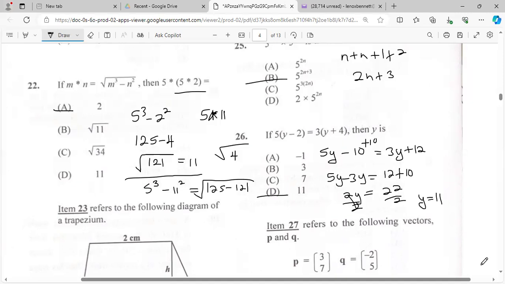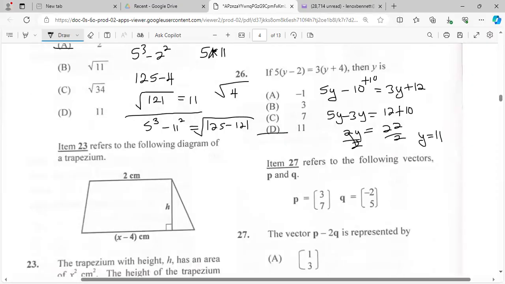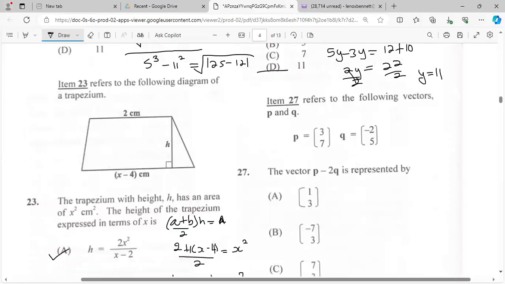Alright, very nice question again, CXC. 27 says, if p is equal to 3, 7 and q is equal to negative 2, 5, then the vector p minus 2q is represented by,